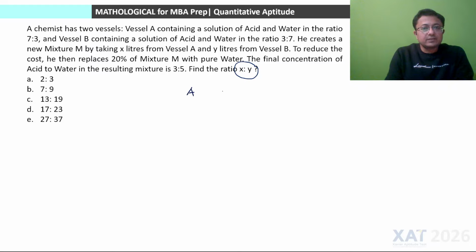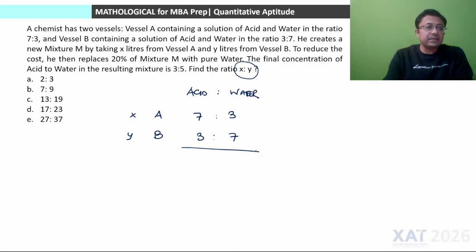So in the first vessel, the ratio of acid and water in vessel A is 7:3. In vessel B, the ratio is 3:7. When they both are mixed in the ratio X is to Y, द फाइनल रेशियो क्या हो रहा है पता ही नहीं क्या हो रहा है, क्योंकि उसके बाद में प्रोसेस कर रहे हैं। प्रोसेस क्या कर रहे हैं, आफ्टर यू मिक्स देम